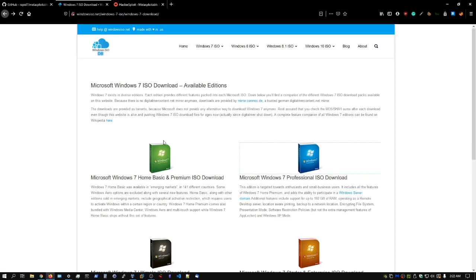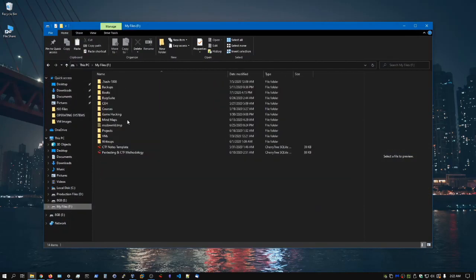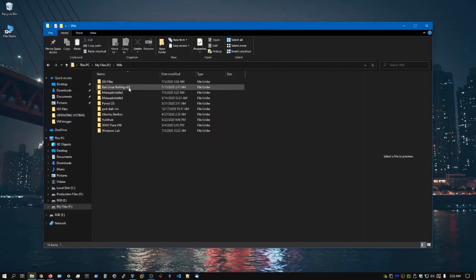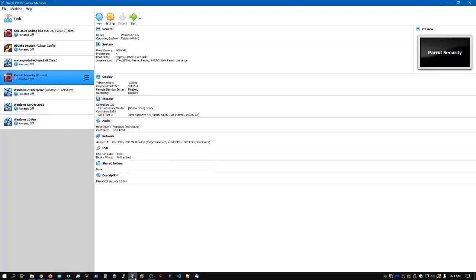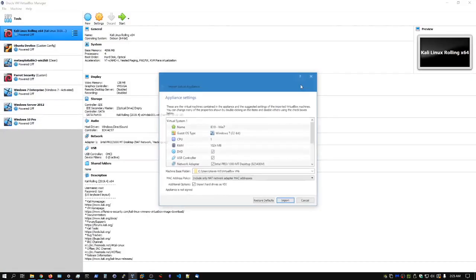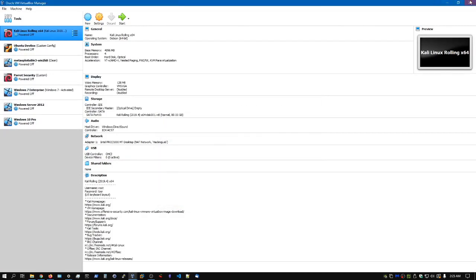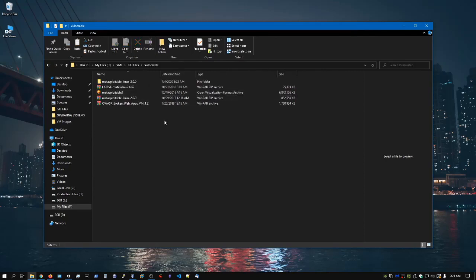All right. And you can download the ISO here. Now, I already have the VM images. So if I go to my files here and go into my VMs and ISO files, I already have my Windows 7 VirtualBox file here, which I can easily set up. I already have Windows 7 set up in VirtualBox already. So these are the OVF files. So all you need to do is just double click on them and they'll ask you to import it, and that's all. And as I said, we already have one set up for Metasploitable 3, which will be added,